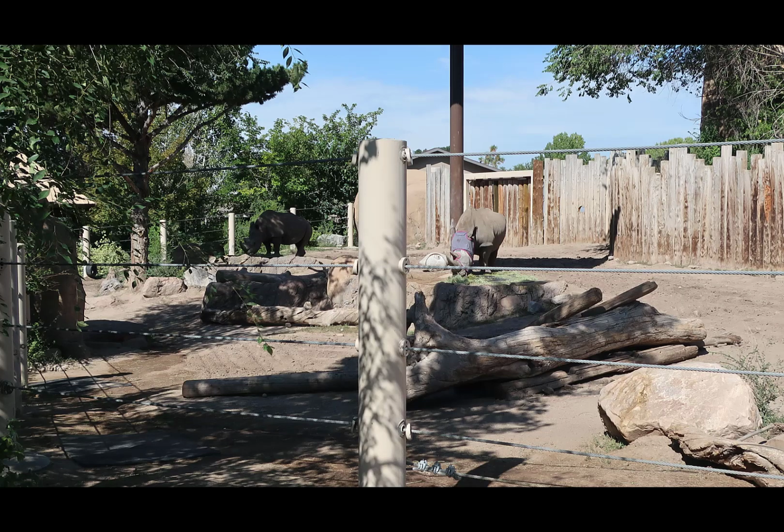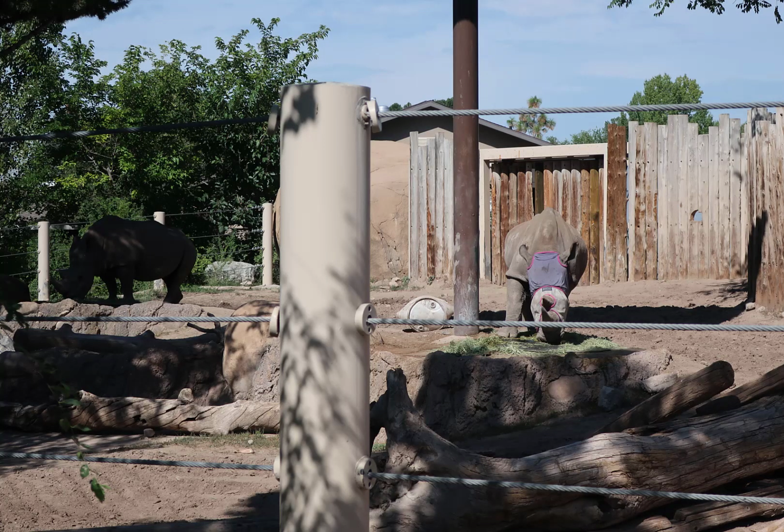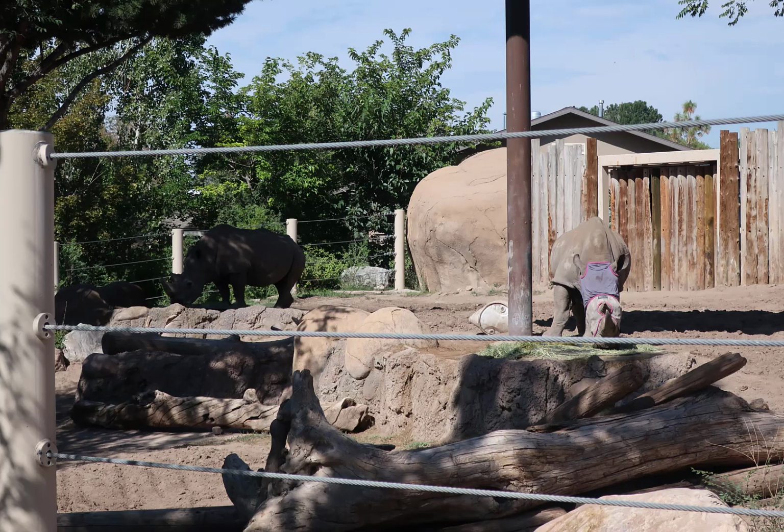The rhinoceros were having breakfast. Their feed had been put on the ground, so they were munching on it. One of the little kids asked why they were blindfolded, and they are not blindfolded, as most people know. These are just clear mesh to keep insects, bugs, flies out of their eyes. You do the same thing for horses and for other livestock in areas where flies and flying insects bother the